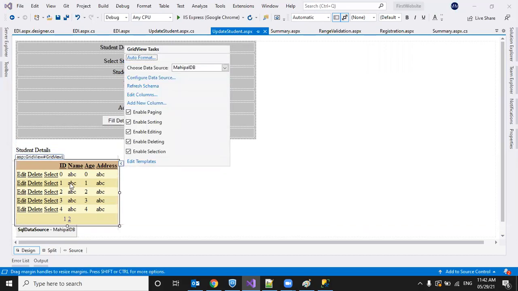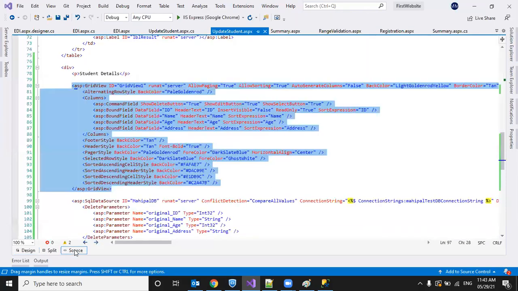Like if I want to display an autofill text box, so whenever I enter a name, I want to display all the student details with that name. That is not possible, right? To customize some options which are not possible with this automatic code generation approach, we can go for custom coding. So we will write our own code for paging, sorting, editing, deleting, selection. Before jumping onto that and before viewing the events, let me show some code here.